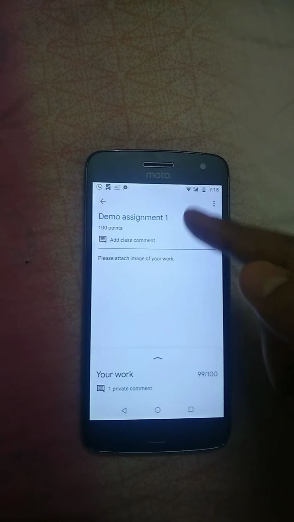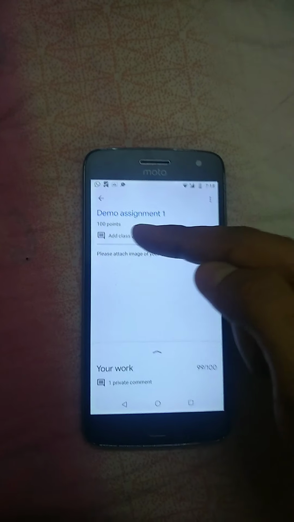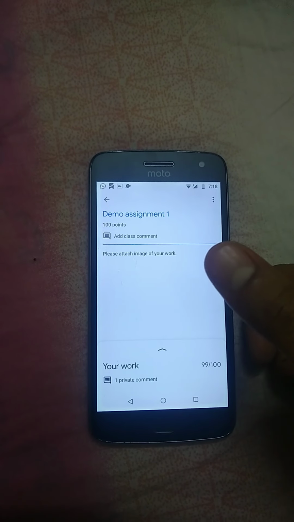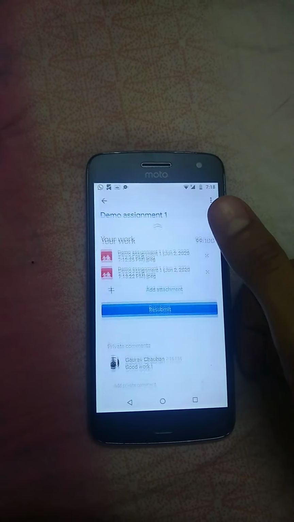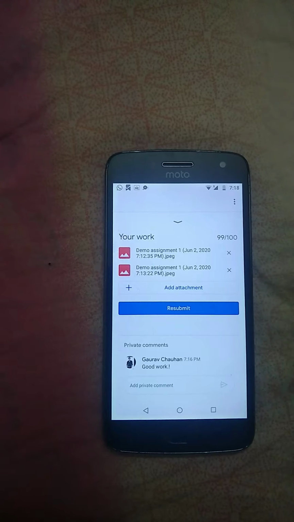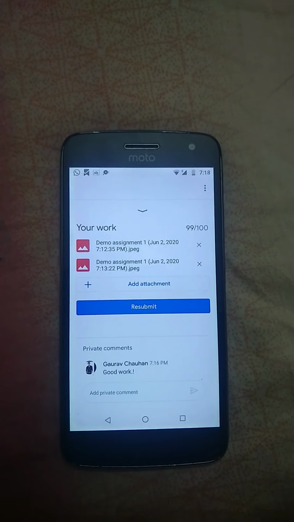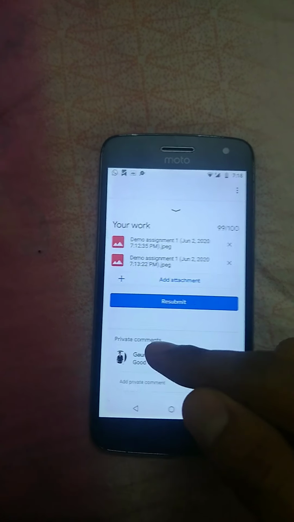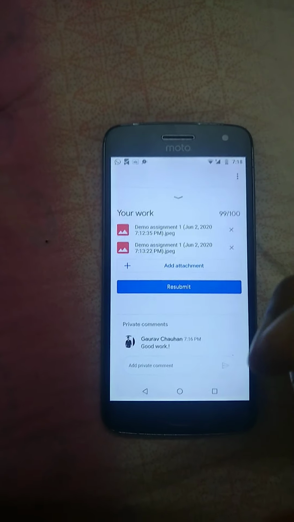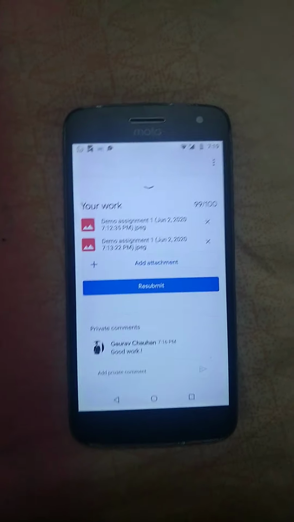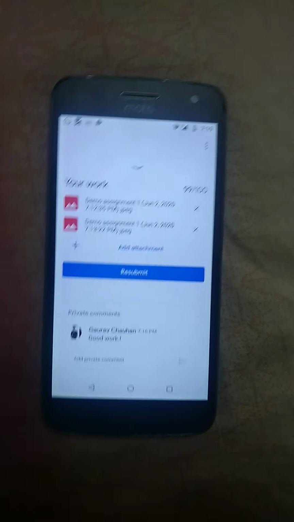Now in this assignment here you will have only the instructions and the topic and all, okay, but to see your work, like the attachments of photos you had added, you should swipe this up. Okay, once I swipe this up I will get this. So these two are the photos which my student has given as a part of their assignment, and here you can see private comments. Now these private comments are comments which you are getting for the overall work. That is not for any one particular question, that's for your overall work.